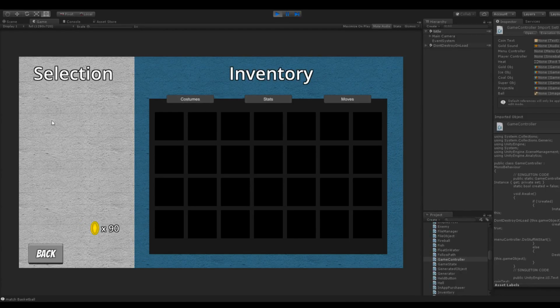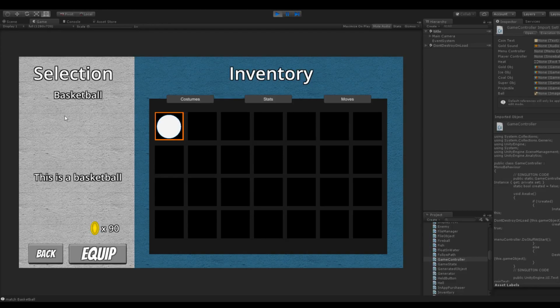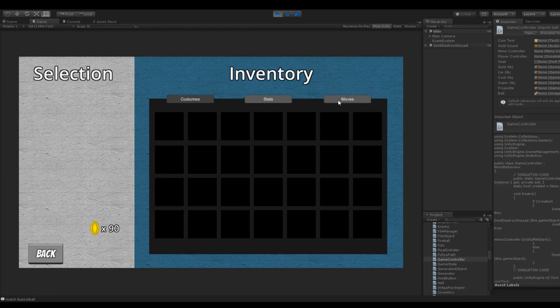The other thing we could do is improve upon this screen, because we've got our costumes, basketball costume. It's not really a basketball costume; I haven't coded that in yet. But actually, let me check one thing. Oh yeah, okay, we're good on the audio volume. But anyway,